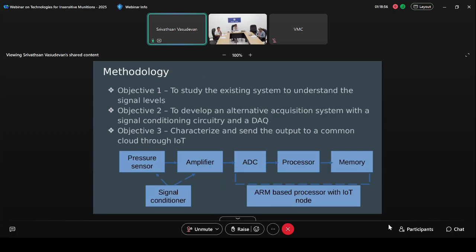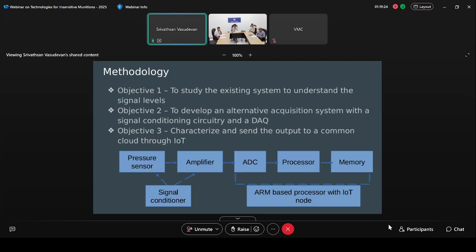The first objective would be to study the existing system to understand the signal levels, because I'm not sure exactly what sensor is used right now in the lab, and what the signal level of this is. So it is very important to understand this. Any pressure sensor that you take needs some signal conditioning. One thing we need to do is give a power supply to the pressure sensor, and we also have to understand what current levels are required for the pressure sensor